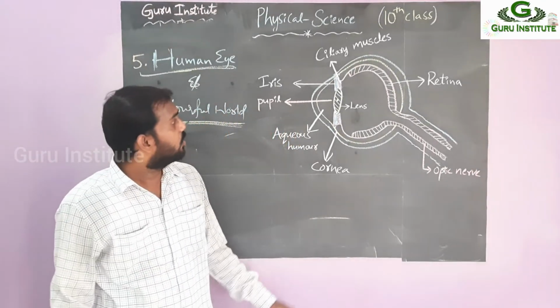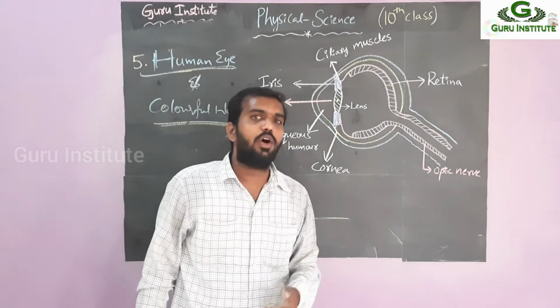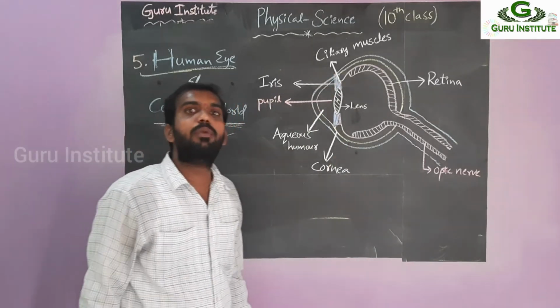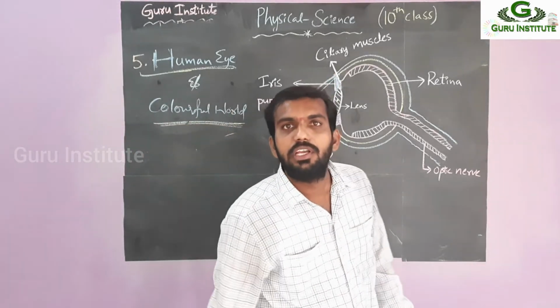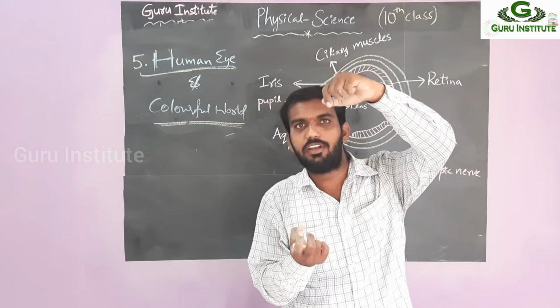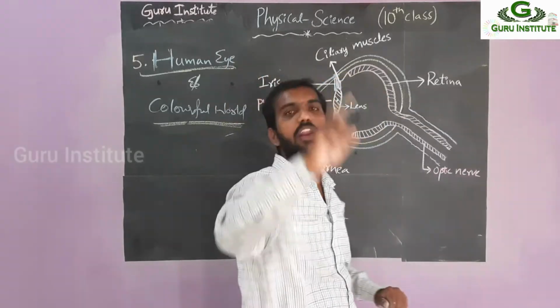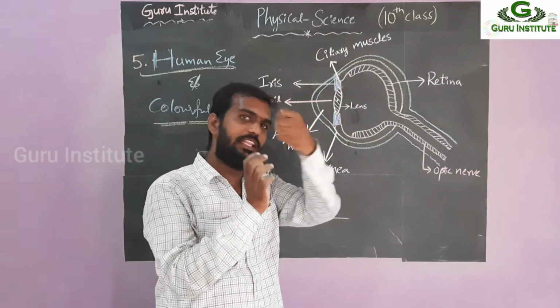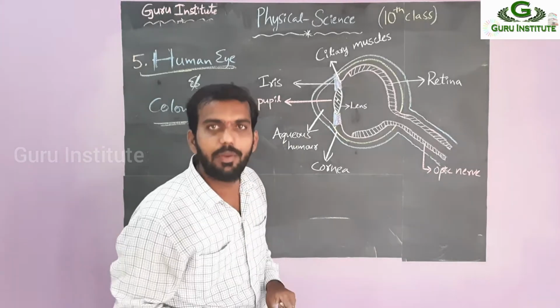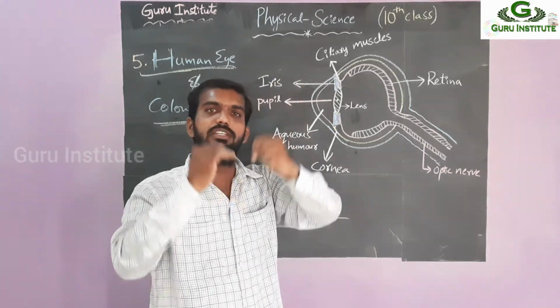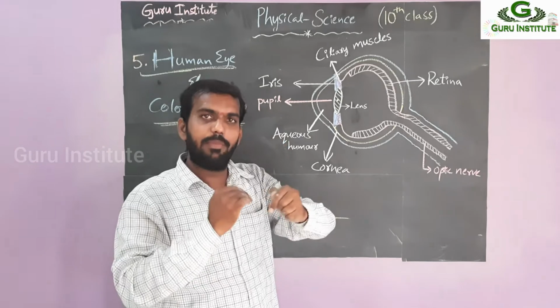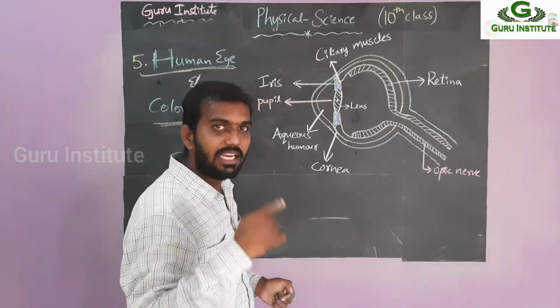Okay, right. Now, I have one doubt: if the ciliary muscles are not working properly, then what will happen? If they are only in the released position, then you can see only far objects. If they are compressed and won't work, then you can see only nearer objects. But they are structured to release and compress, and due to that you can see both far and nearer.